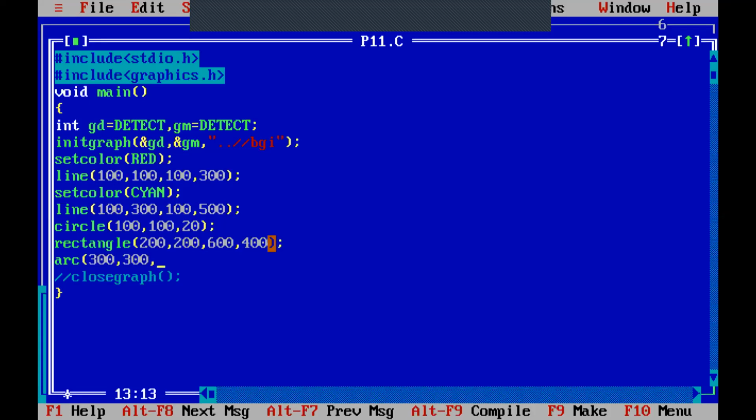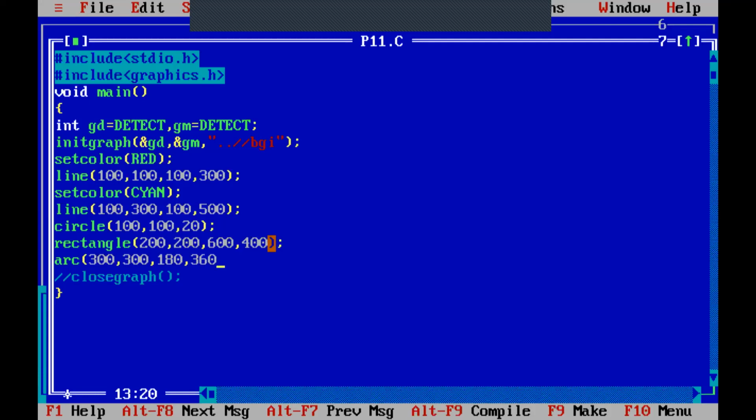So here 300, 300 will become your origin, and now you have to decide the angles. Suppose I want to draw the arc from 180 degree to 360 degree.